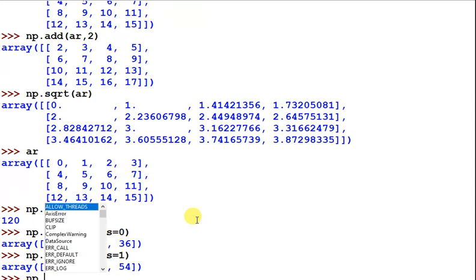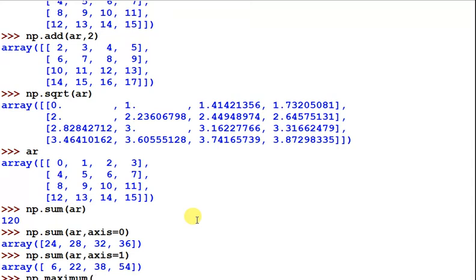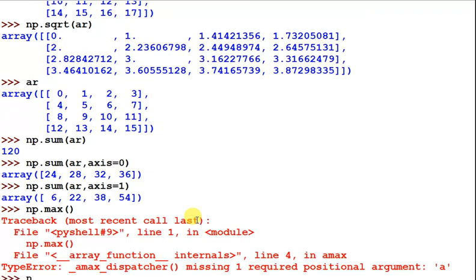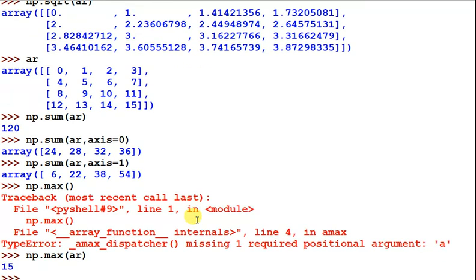If you want to find the max, I am using np.max(ar), so you will get the maximum number. It returns the maximum among these, which is 15.